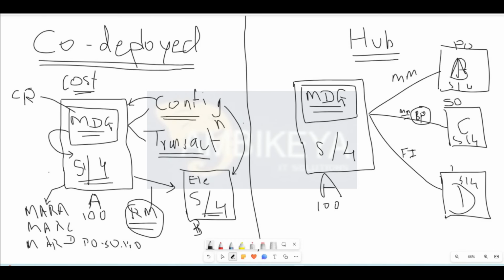So FI, let's write FI. Then you have hub deployment, because your operational or transactional data is not in your MDG system. It is in other S4 systems which are connected to your MDG system. So your master data is governed in your MDG system. It is replicated through different replication models to different systems, and you are performing your day-to-day transactions in your